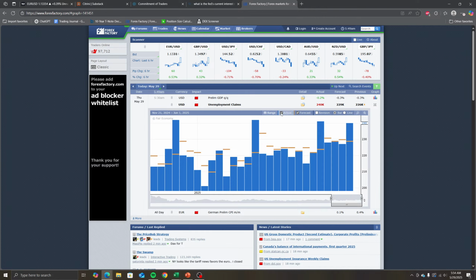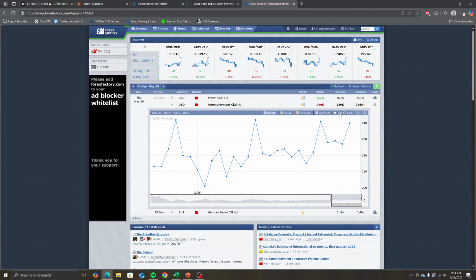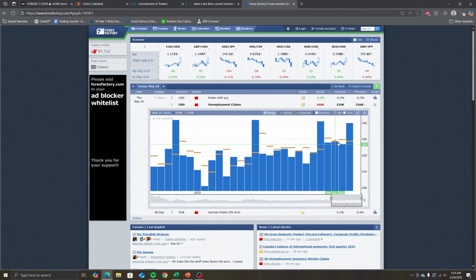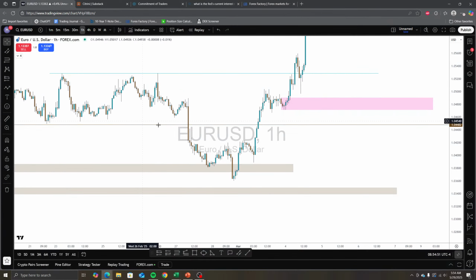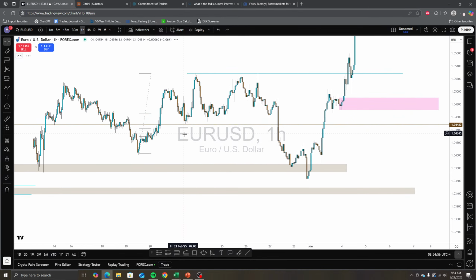So again, unemployment claims, actual and forecast. Let's do bar. God damn, does this come out every freaking week? I guess so. May 1st. So that's the one we looked at. And then we have February 27. This one came out huge, so actual came up a lot higher than forecast. So this would actually be a weaker dollar, which would push price up. But here we see price get pushed down.